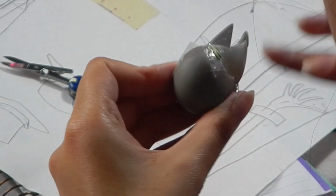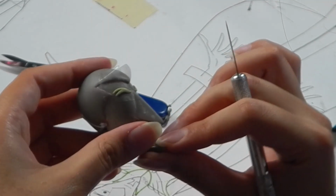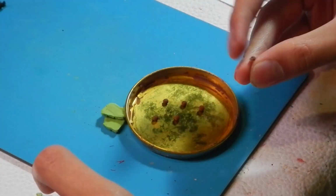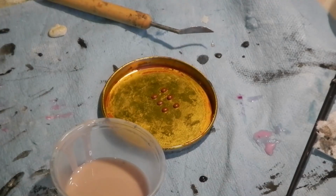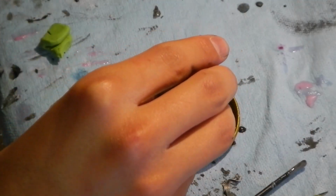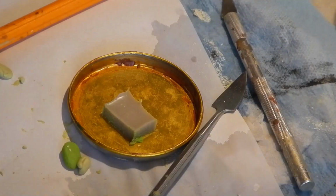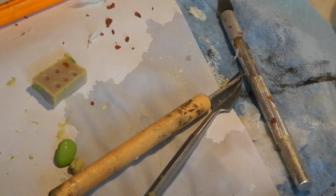For the final details of the head, I sculpted 2 small eyebrows on the head with epoxy putty. Meanwhile, I made some tiny eyeballs with plasticine. I put them a couple of seconds in the oven to smoothen the surface. Once the surface was all smooth and shiny, I surrounded the eyes with plasticine and casted resin to make a hard mold. Once the mold was ready, I removed the plasticine from inside the mold with some cotton swabs, and